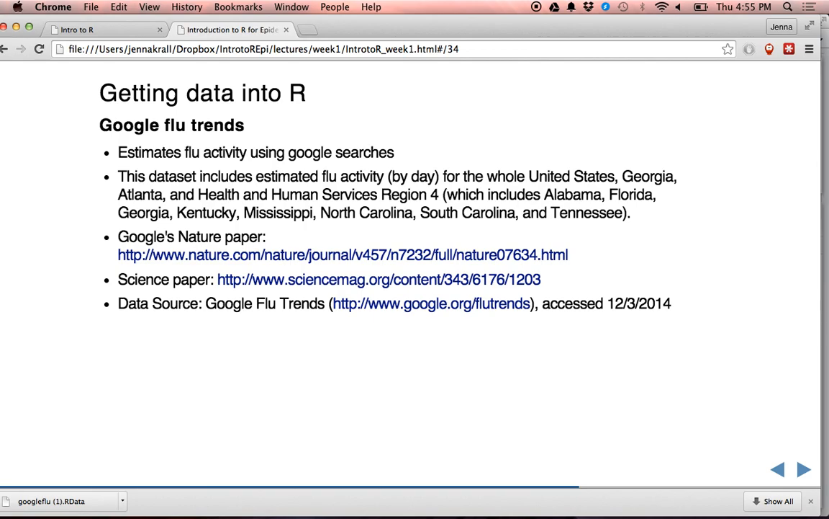So what Google decided to do is they said, okay, well, people tend to search for the maladies they think they have. So if you're not feeling too great, you've been in bed for a few days, you're feeling weak, you know, respiratory problems, you might start searching for flu symptoms or flu remedies. What drug should I take? What should I eat? Google said, well, maybe we can use this information to predict flu activity before the CDC